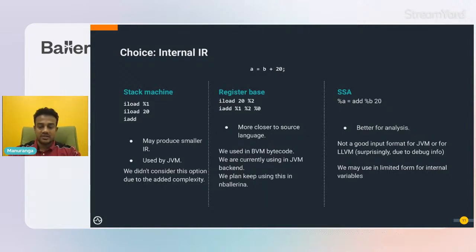So what's different is either SSA or stack machine. Stack machine is only used predominantly in the JVM. It's not a very popular format. It has kind of fallen out of favor, but it produces a smaller code, because what you're doing is you think of it as a stack, or writing things down on a paper, right? You ask the compiler, okay, first write down this, then write down 20, now add the 2 things, right? So it's more like describing it to a person with a pen and paper, and then because you're always using the previous result, each instruction becomes much smaller. But this is slightly harder to produce,